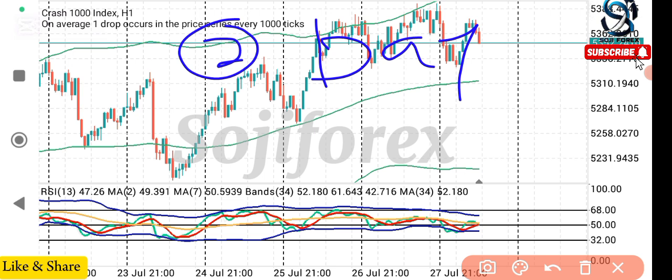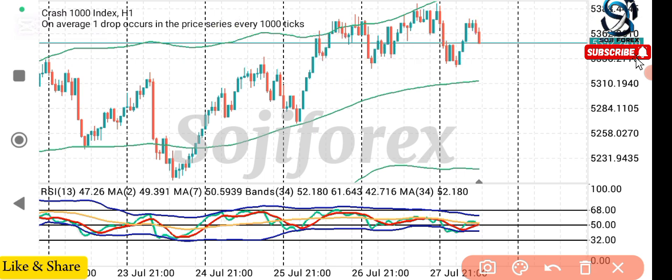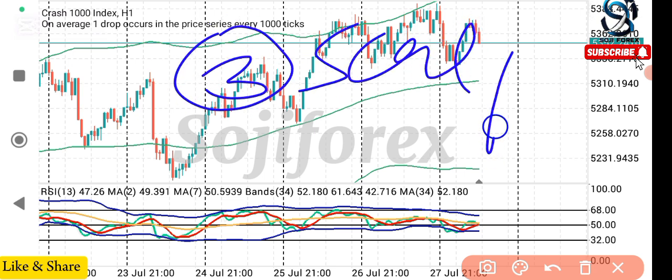I am not saying it shouldn't, but to me, there is no need for it. Then the third category of trader is the scalpers. This is where I belong. Who is the scalpers? We are the ones that hit and run. So what do we do? We look for any opportunity, we take as little as we can take, and we stay away